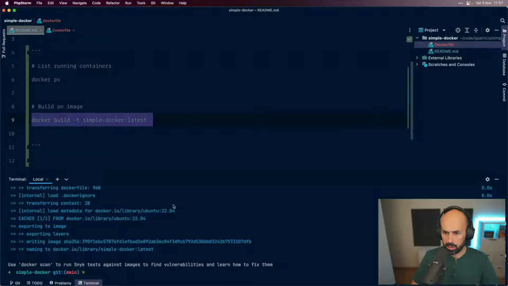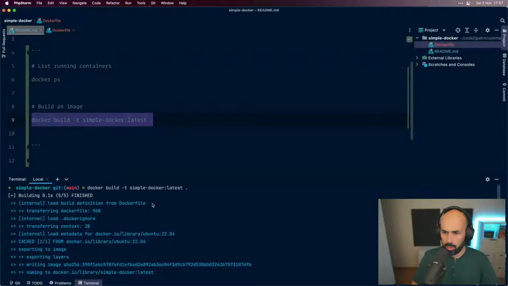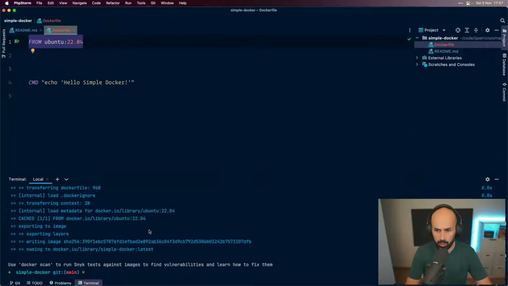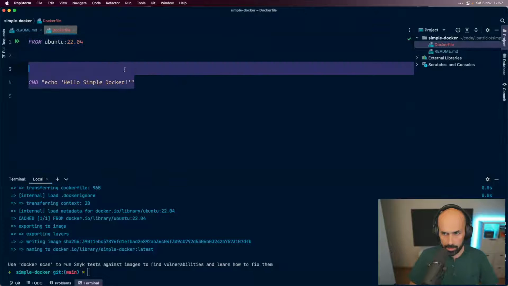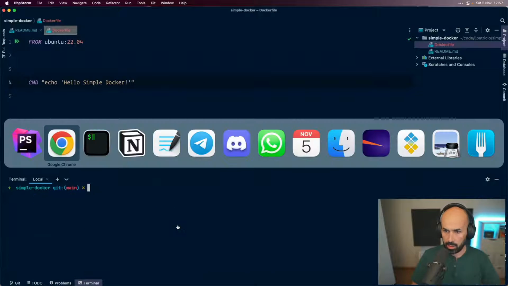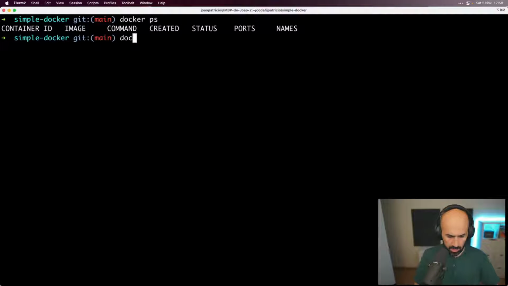So let's build it, and it's already built because the image 2204 is already present locally, and the command takes just a fraction of a millisecond, right? You can see the build steps. We have it cached because it's already local. Let's run docker image ls, it's not going to be empty, it will have a lot of them.